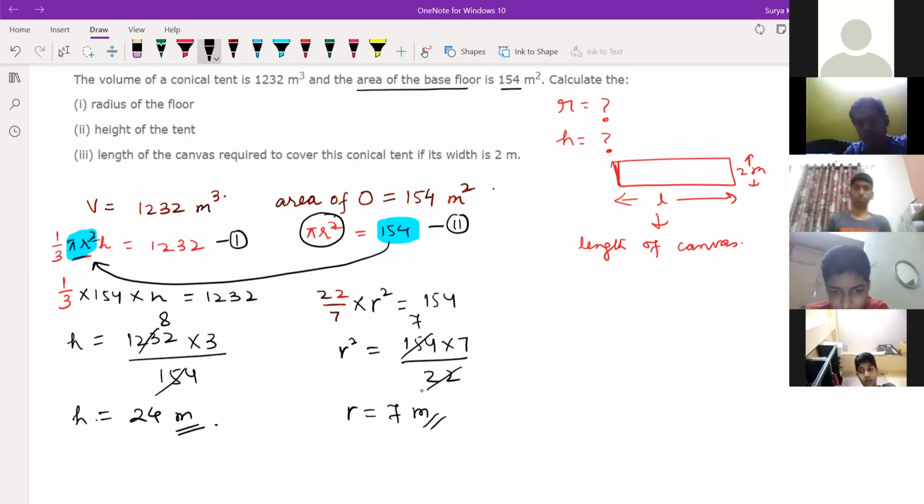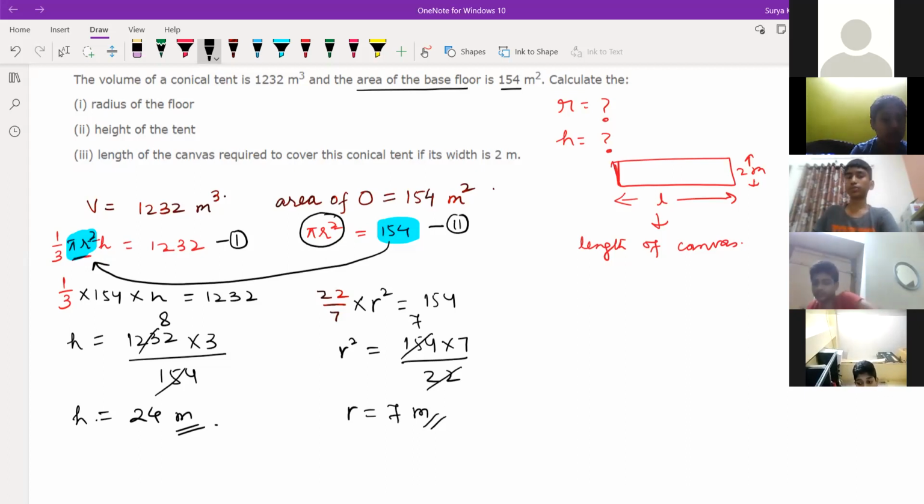Now we have to find length of the canvas. So how to find length of canvas? See, what is the length of canvas? Tell me, Krishna. 275. How are we getting 275? That I'm asking. Sir, this is root L square minus R square. Sir, that one you are finding. Okay, how do you find? Nihar, yes sir, how have you found length? Sir, of the cone or the canvas? No, canvas. You have to find canvas length.